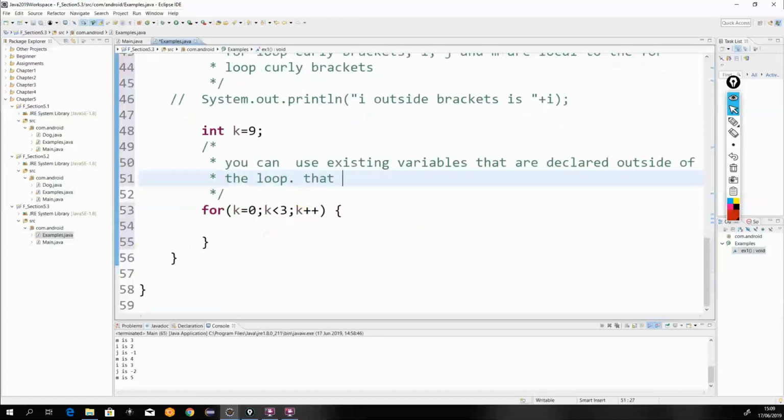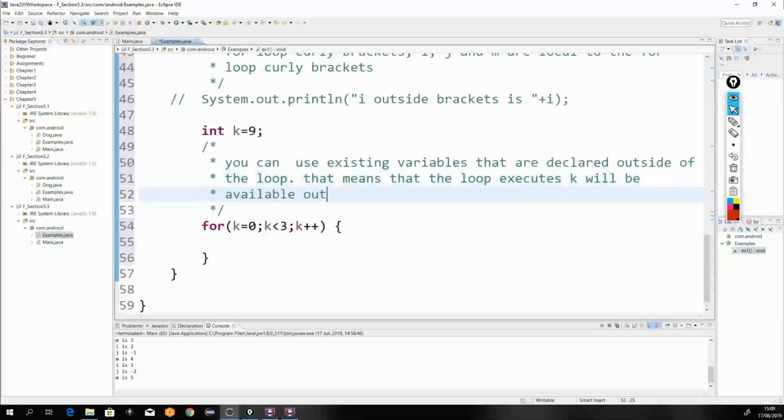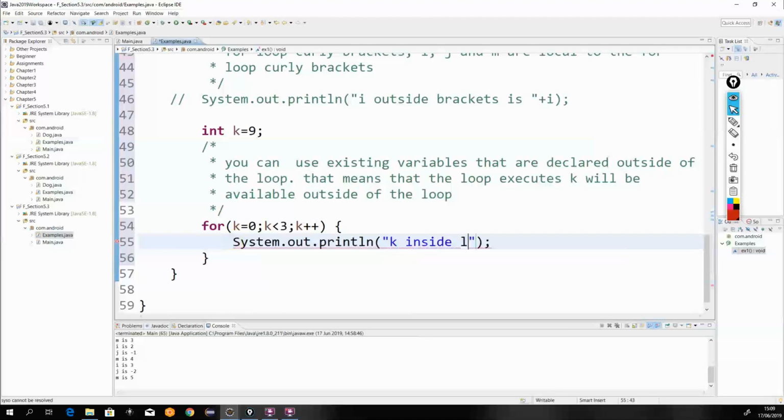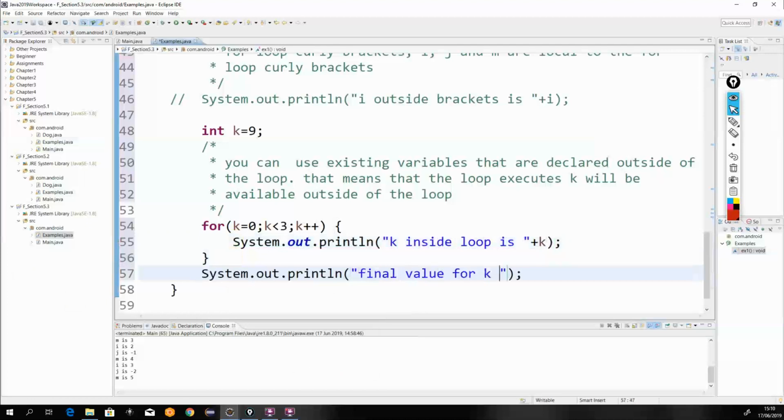Okay, that means that after the loop executes, k will be available outside of the loop. Alright, so inside the loop, I'm going to print k inside loop is plus k, and then outside the loop, final value for k is